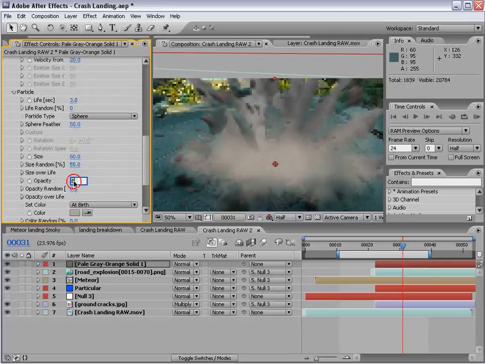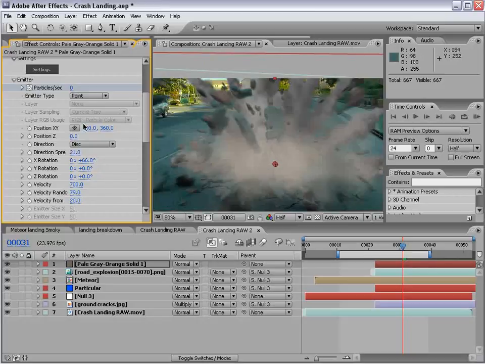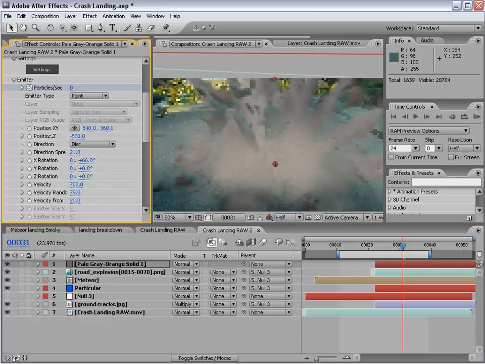When you increase the size, you may want to lower the opacity, and then we can play around again with the rotation so it looks like it's flat. Also, if you turn up the spread, it'll fill the screen a little bit more as well. So that looks pretty good. We could bring it closer to the camera,